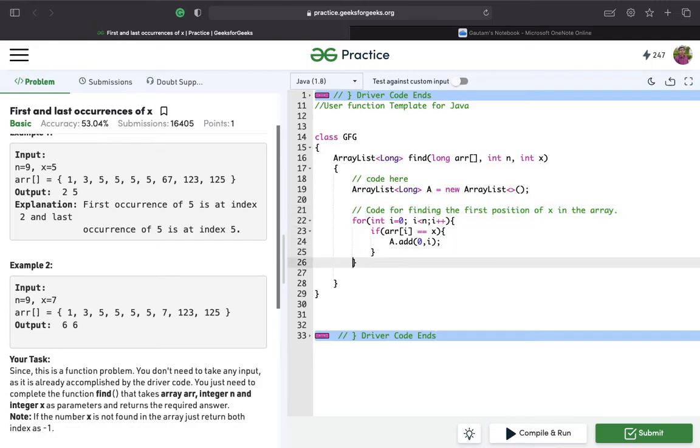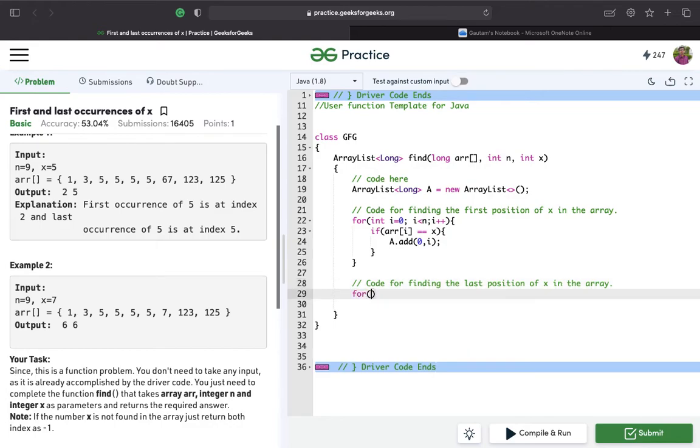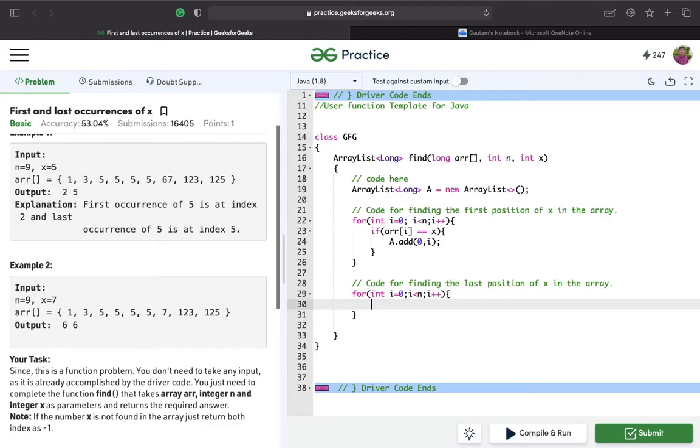So to find the last position, we'll start with the right position. Now we'll start with the rightward position. So I will be initialized with n minus 1, I greater than equal to 0, and I minus minus, right?